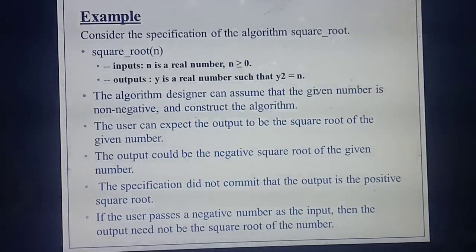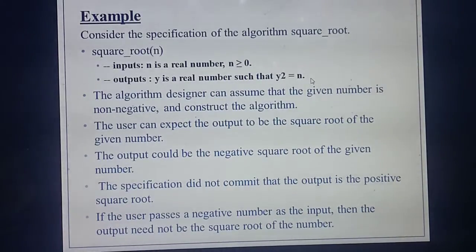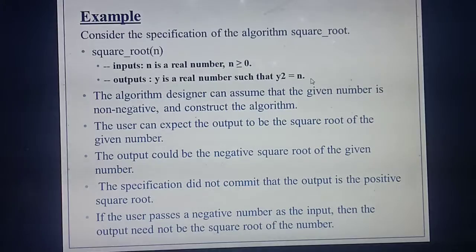So in this example they are linking it with the specification as contract. For example, a particular person is writing a program or designing an algorithm for this. Already you have given the condition: the number you are giving as input should be a positive number. So if you give a positive number, you will always expect a positive output.